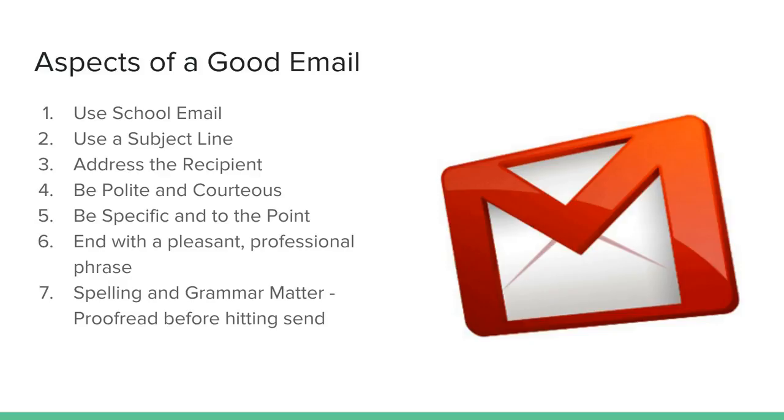And then finally, spelling and grammar matter. You cannot bring back an email. If you send it out, it's out there. Right? So proofread before hitting send, because you can't call it back. If I make a mistake in a Facebook post or a tweet, it's easy to delete it and fix those things, right? But if I do that in an email, I can't pull it back. It's there forever. And nothing spoils credibility like grammar and spelling mistakes.